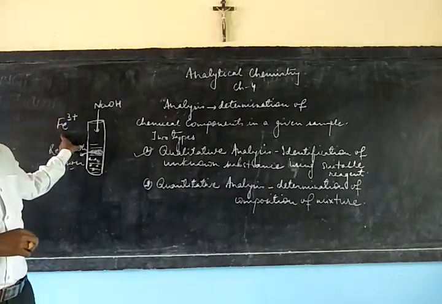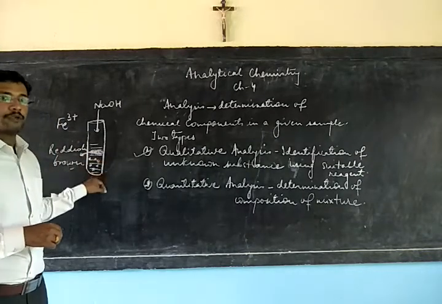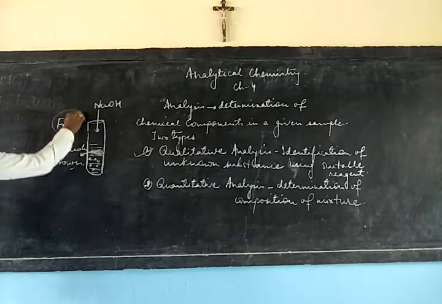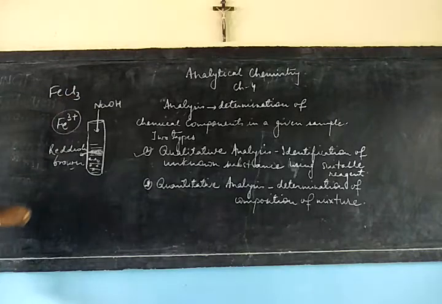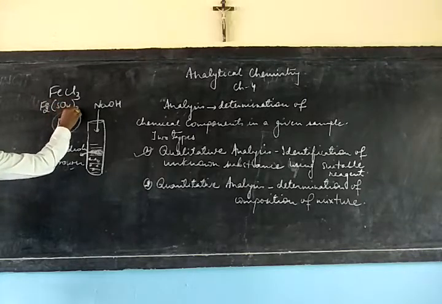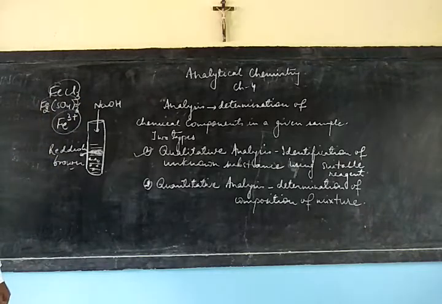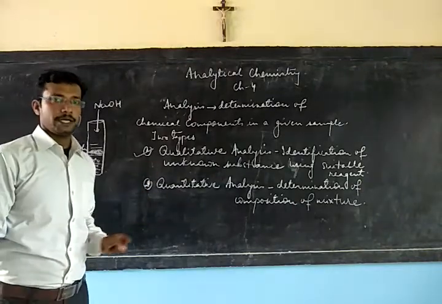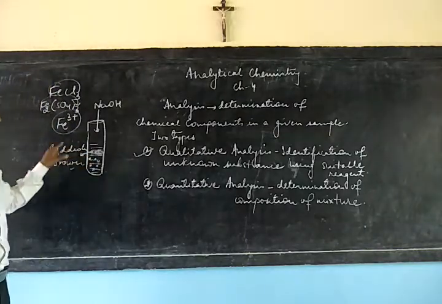Remember, this Fe3+ ion is called ferric ion. It means the salt solution, or the salt that is added to water to prepare the salt solution, contains ferric ion in it. So it could be FeCl3 or it could be Fe2(SO4)3, where you find the valency of iron is 3. Here also the valency of iron is 3. So the sample we have taken may be a salt containing ferric ion, which is known to us only with the help of this color, which is reddish brown.